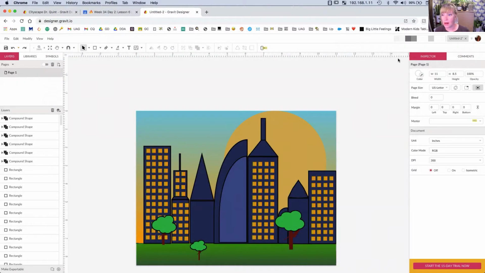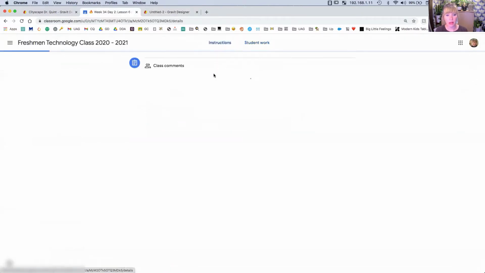Okay, folks, so I want to show you how to make a background layer for your project. And I'm using a student project example here. This is Nathaniel's project. And I want to show you how to make a layer that looks like,